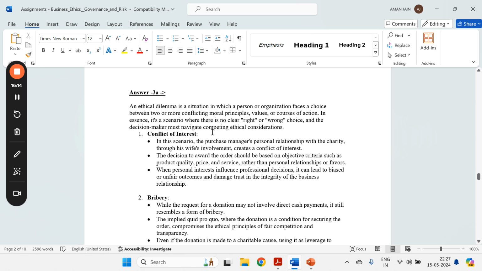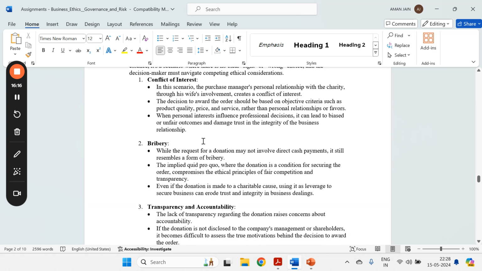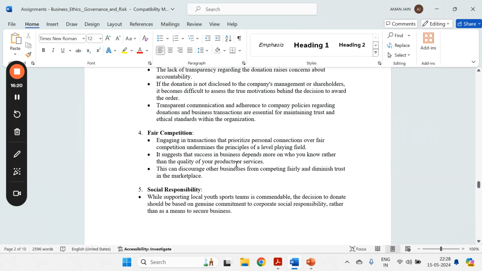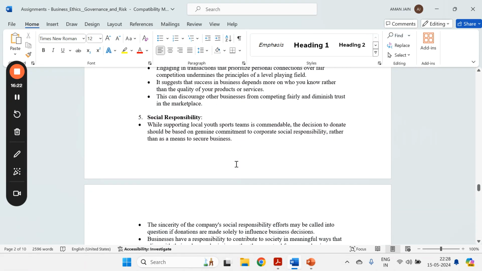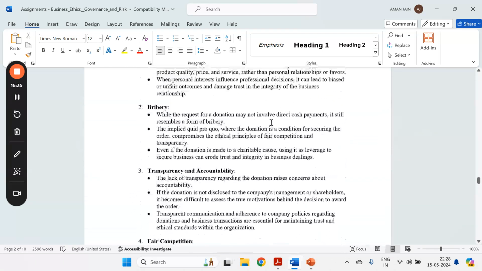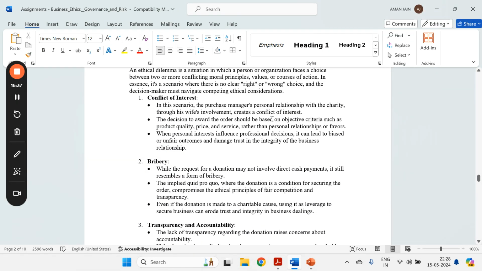One is conflict of interest, second is bribery, third one is transparency and accountability, the fourth one is fair competition, fifth one is social responsibility. So these are the 5 pointers which I observed as part of the ethical dilemma, and after that I just briefed why it's challenging, as a conclusive step, right? So I have just highlighted, if you want to see, in this situation,